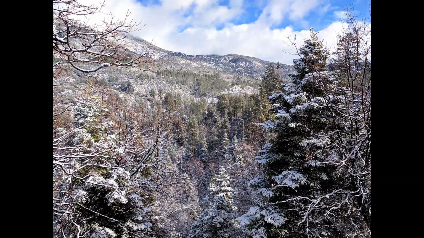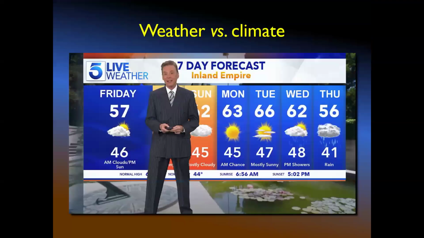And this argument has actually been used by politicians. For example, this now former senator from Oklahoma actually brought a snowball onto the floor of Congress, and his argument was since snow forms, global warming or global climate change can't be a thing. That's a very silly argument to make, and it's not supported, but I'm emphasizing this because it has been made and it's still being made by some people today.